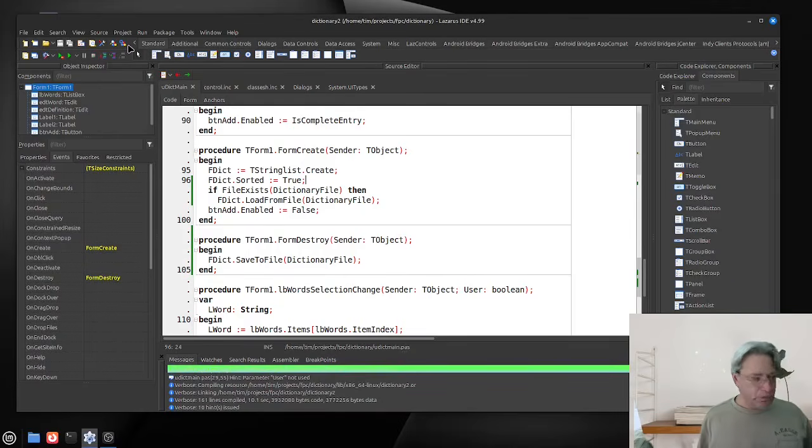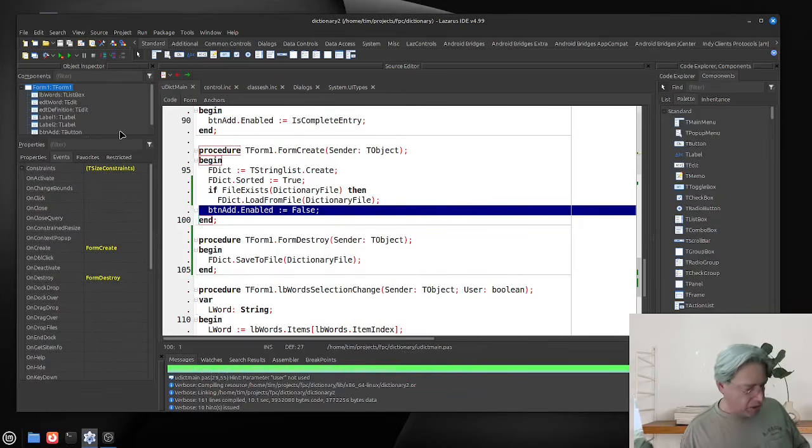Okay, so that's built correctly. So what are we doing here? Well, we are revisiting a program from a little while ago which was about building a dictionary in Free Pascal, and the comments that I received told me that I had some things missing from the program. In particular, some error handling, it didn't check for duplicates and so on. So in light of that, what I thought we could do is have a look at that program again, but we're going to start from scratch a little bit and look at ways that things can be done,